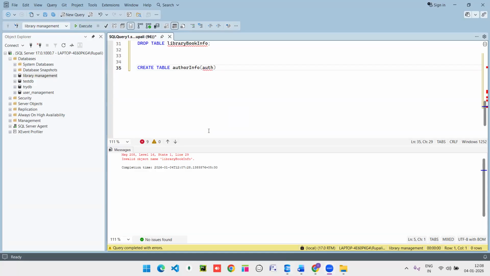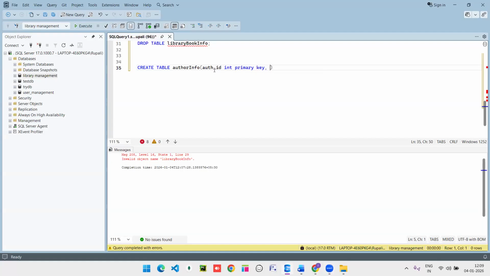Okay, so here my column name is auth ID, author ID. It will take the data type integer with a primary key. Primary key means it is unique with a not null. Not null means you have to keep the information mandatory, and unique means there is no duplicate on that detail. Primary key